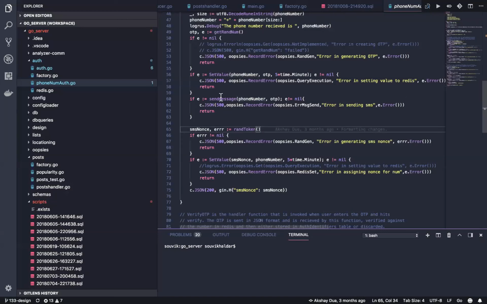So I was at this point that I was sending this OTP to the particular user. So the user at this point gets the OTP in his registered phone number, which is the number they sent, and the app gets another random string called SMS nonce. This is nothing but another random string which is sent to identify this particular transaction. So I am just sending this SMS nonce when the request is successful. So the app gets this SMS nonce and the user gets the OTP in the phone number.